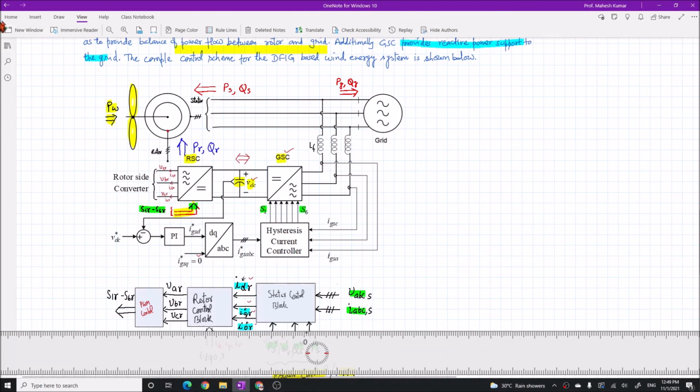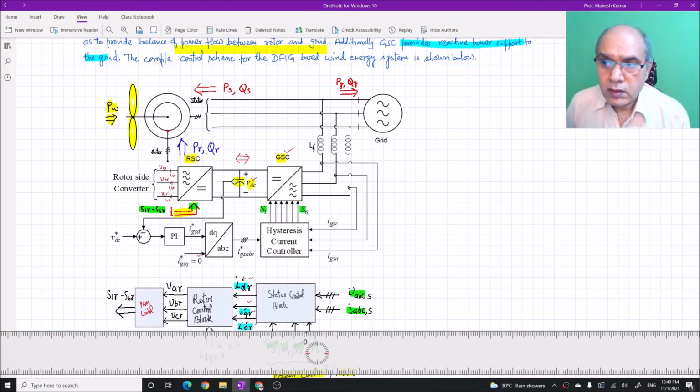So with this I will stop, and in the next class next week we will start the new unit, that is the voltage source converter, which is used to interface the microgrid system to the grid system. This is a direct interface. This does not come through the DC interface. I mean to say, there is no DC bus here as you have seen in the microgrid system.